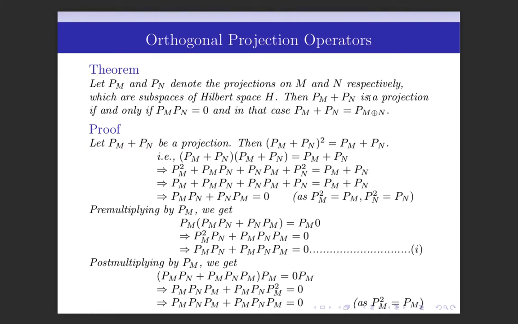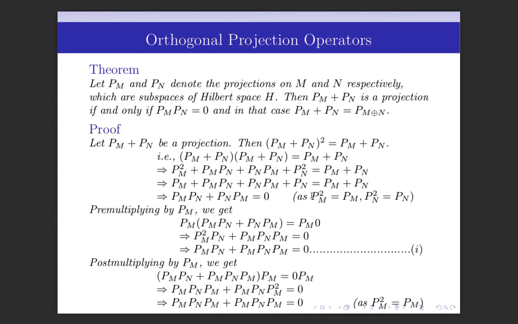Let Pm plus Pn be a projection, that is, an orthogonal projection operator. So this is idempotent. So Pm plus Pn whole square is equal to Pm plus Pn. And if we solve it, then we get Pm square plus Pm Pn plus Pn Pm plus Pn square is equal to Pm plus Pn. And since Pm and Pn are projection operators, they are idempotent, so Pm square is equal to Pm and Pn square is equal to Pn. And since these terms can be cancelled on both sides, we are left with Pm Pn plus Pn Pm is equal to 0. (1)